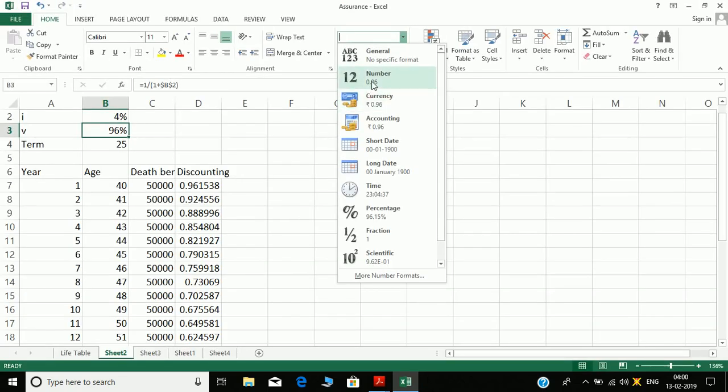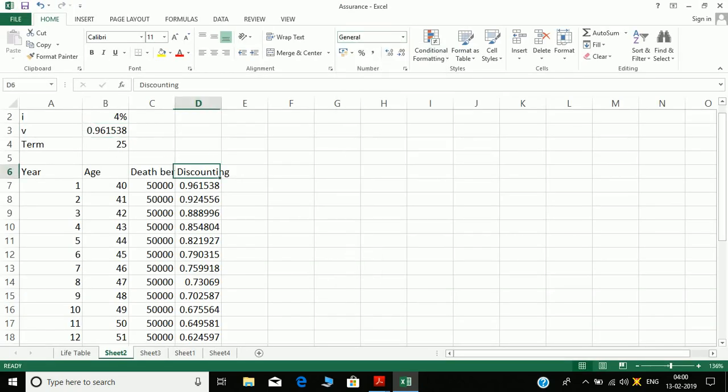So this is there, and I could have just done equal to v, that is this cell F4, to the power 1. So this also gives me exactly the same answer.